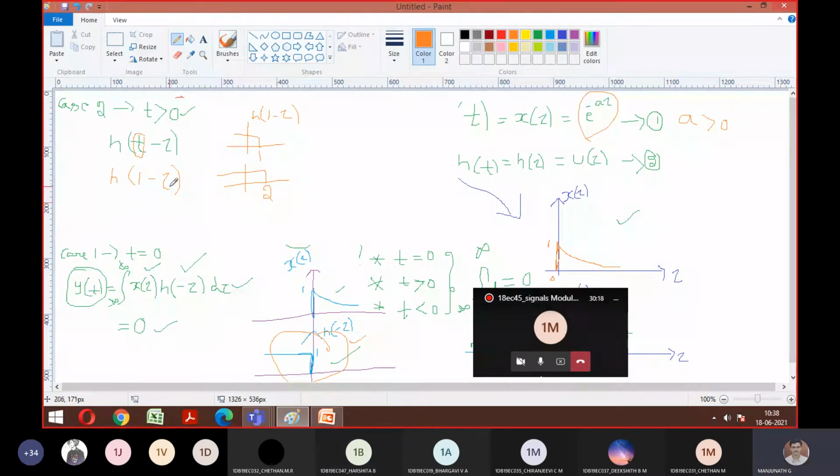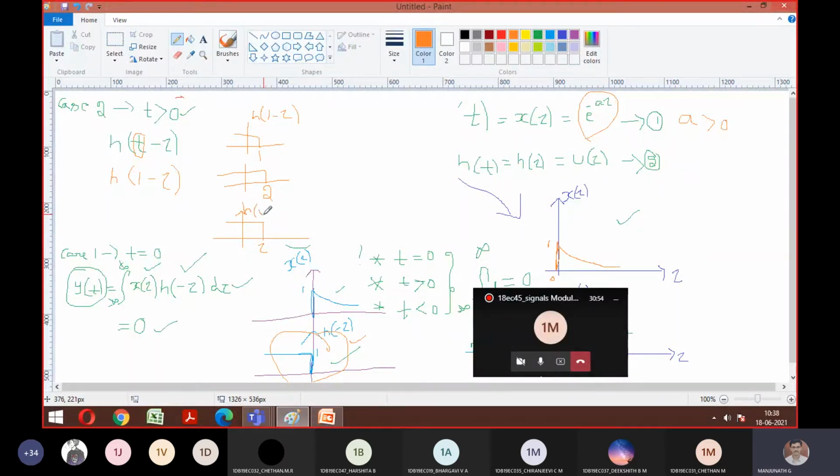Since we don't know at what position it is going to end, because I told you this is a generalized problem. In the next part you will get a problem where they may give an interval, or we can end the things. But since it is not having anything, I can't keep writing 1, 2, 3, 4 till infinity. If you keep writing, you'll be writing only this in the 3 hours of the exam. So in general, I will write the same waveform. Instead of telling 1, 2, 3, let me make it as tau. So this is your h of t minus tau waveform.